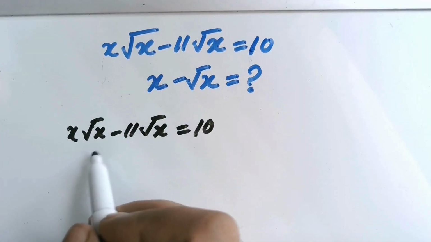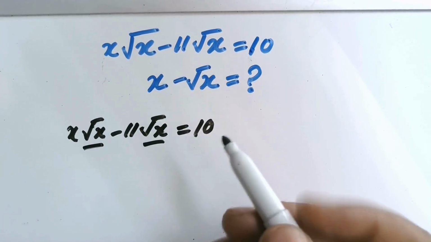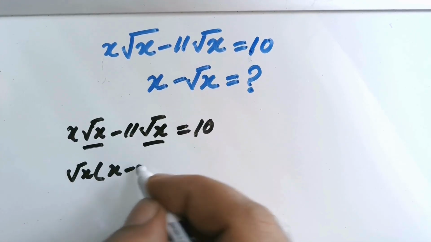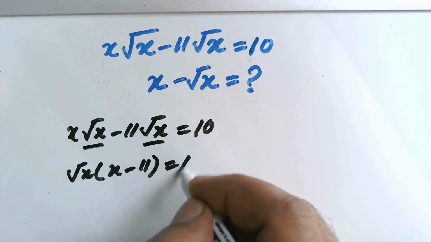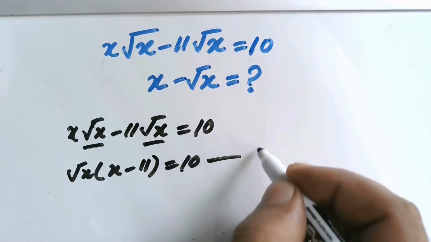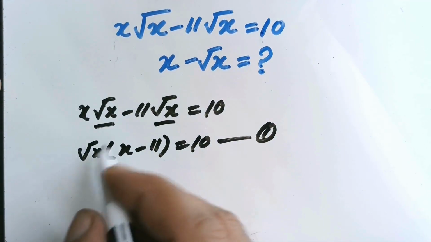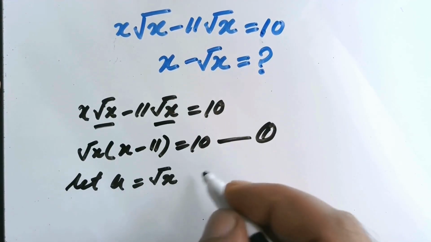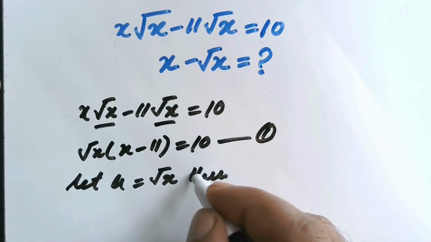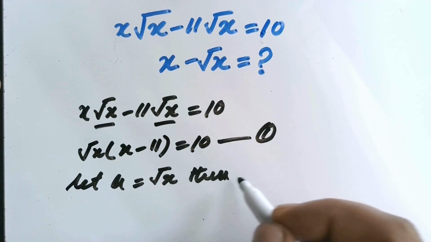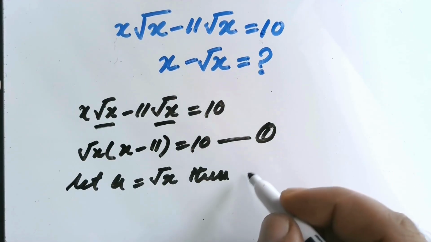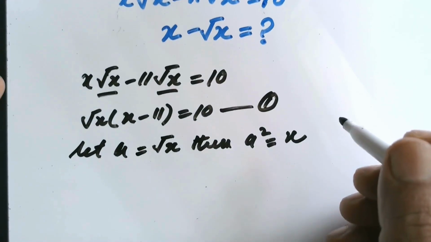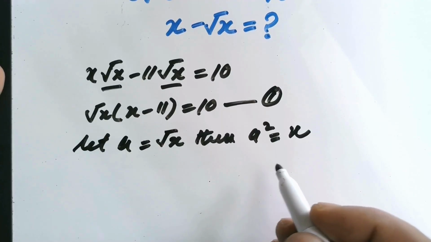Do you see square root x is common over here? Let's call it 1. Now let a equals root x, then a squared would be x. Substitute this,